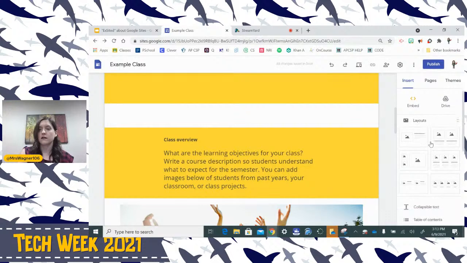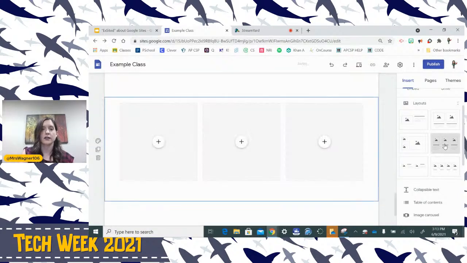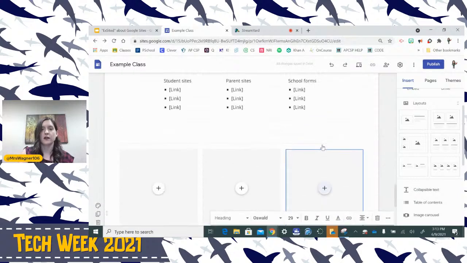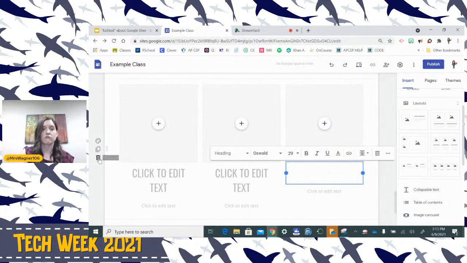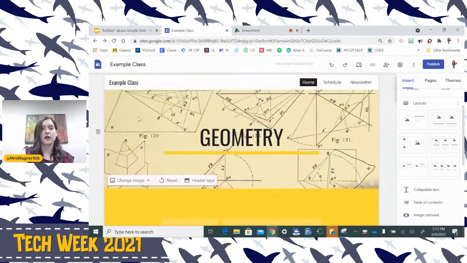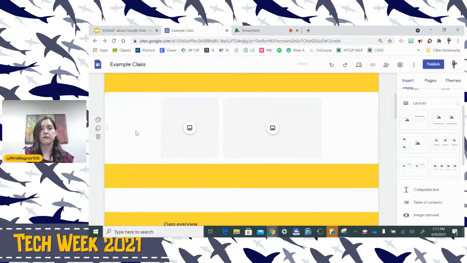Let's say I want to add a whole new section. I'm here, I just select the section. We have layout options, pre-made. I already know that I have 3 images that I want to share with my students. I click on this and I can change the text. If I don't like that, I'll just delete it. A lot of the formatting options is kind of a, play with it, see how you feel about it.